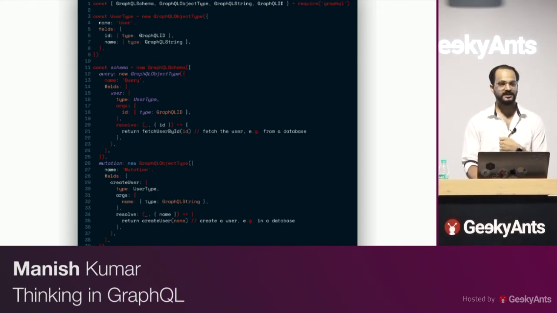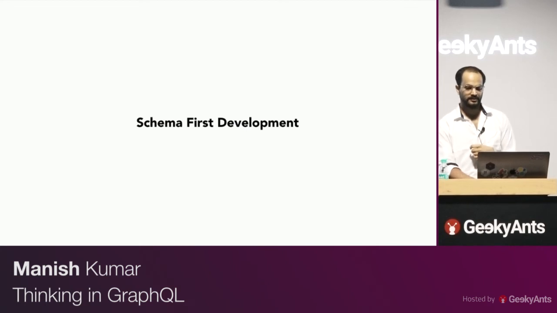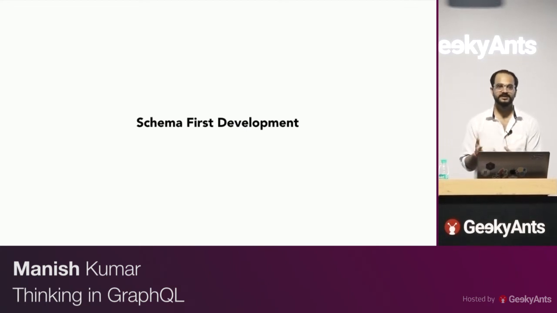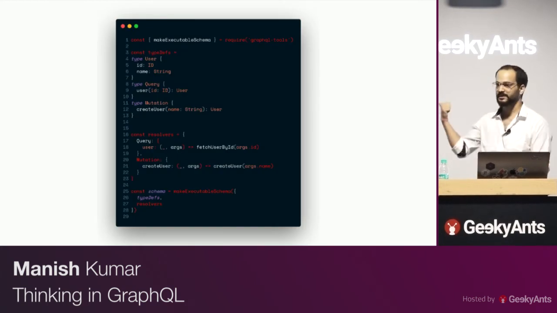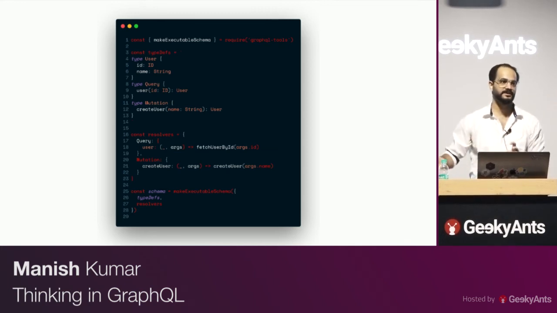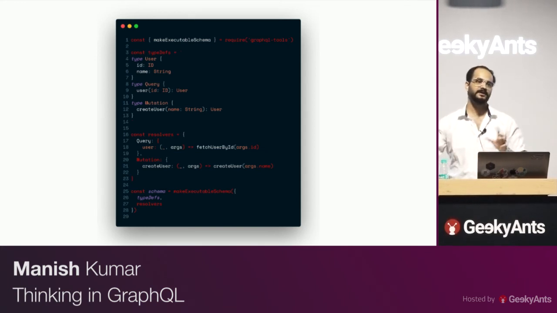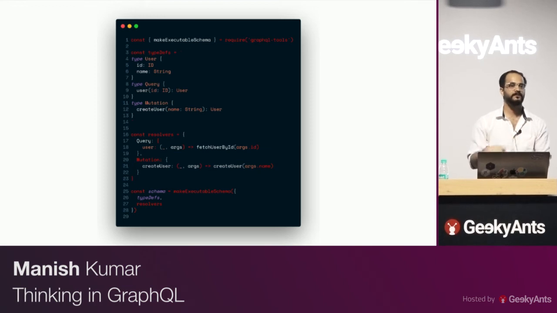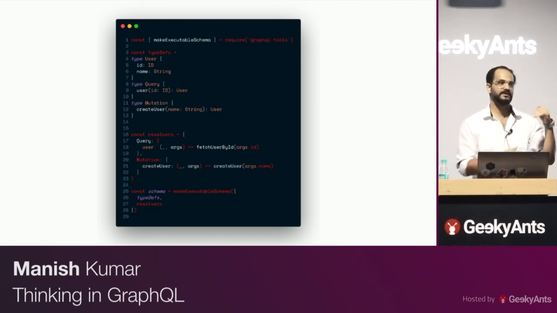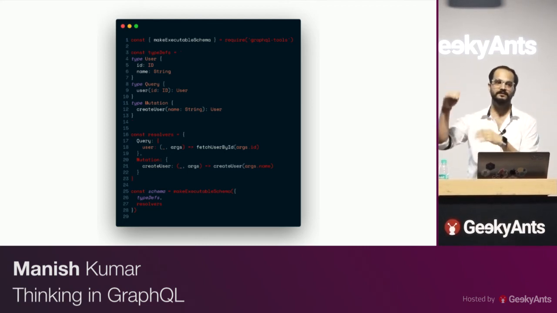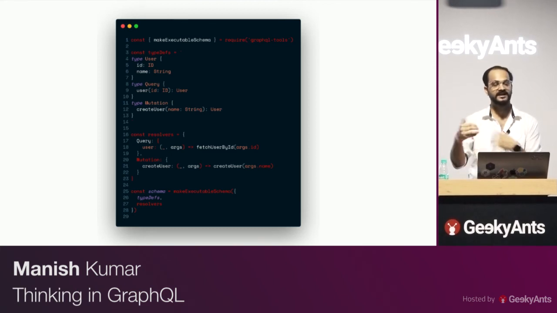But then later, when Apollo came, there's something called schema first development. People suggested that you don't have to be this verbose. It's very difficult to read and difficult to understand. We can do maybe better than that. So they suggested something like this. This is visible, yeah. They separated out the schema definition from the resolving piece, right? So you first define just the schema. Whatever is your use case, let's say you're making an e-commerce product, what would the schema look like at the end? You'll have a user with multiple fields inside it. You'll have a cart with maybe product that goes in, that takes in product.